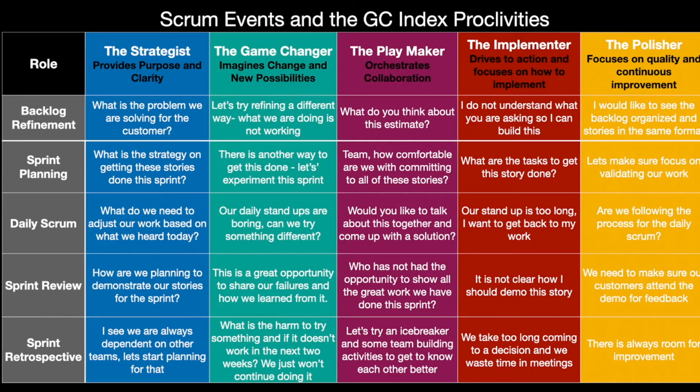All right, I'm not going to go through each one of these Scrum events, but just highlight examples of why this is different for everyone based on the different ways that they're going to contribute. But let's look at a couple examples. Sprint planning. We have a playmaker, somebody that has a natural inclination as a playmaker. Again, remember, this is people focus. They're going to want to make sure that everyone's comfortable with committing to all the stories. That is going to be their focus, is about the people and how they feel,